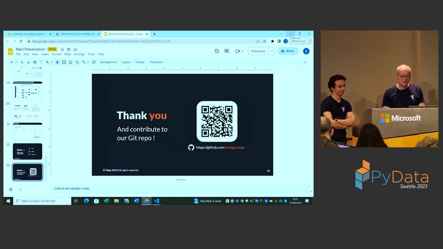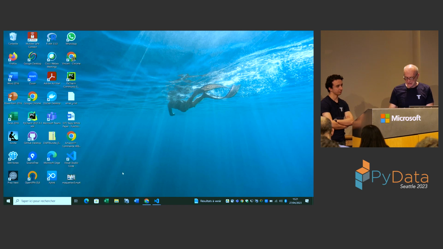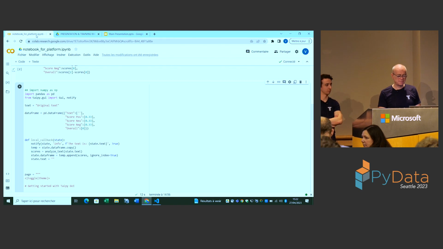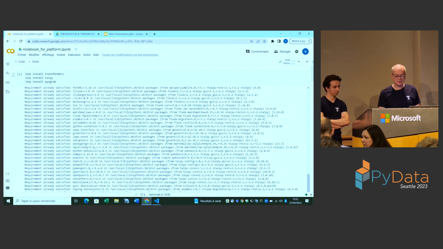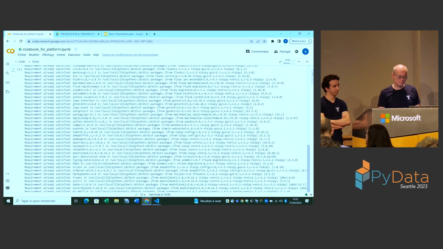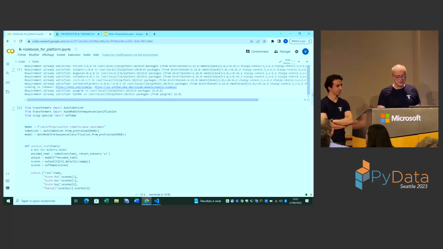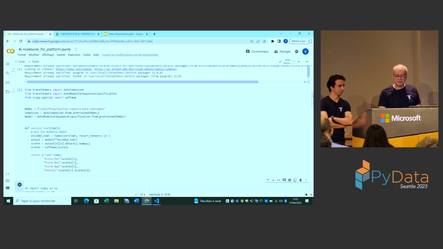The thing I will show you now is Colab. What I've done here, I've already installed transformers, Taipy, and ngrok. I'll talk about ngrok later, but Taipy we need here, and transformers because we're using a Hugging Face model over there. Once we have done that, we have loaded the model, we are going to run